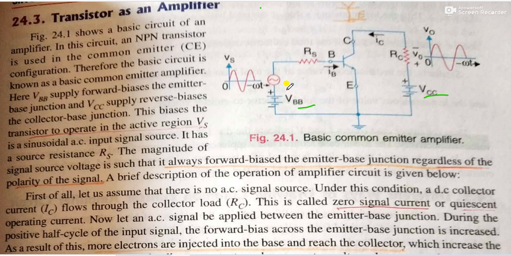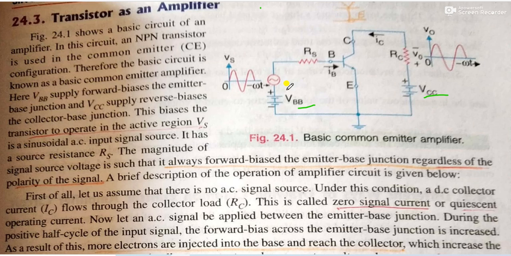More importantly, the configuration of the BJT used over here is that the base-emitter is connected to the VBB and the collector-emitter is connected to the VCC. So we call it that the emitter is common for both input and output. That's why this configuration is the common emitter configuration. Okay friends, now as shown in the figure, as this is a common emitter configuration, this circuit is also called a common emitter amplifier.